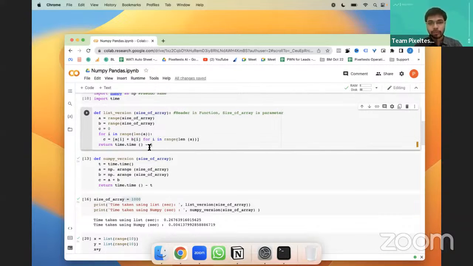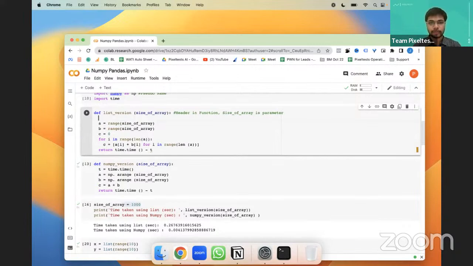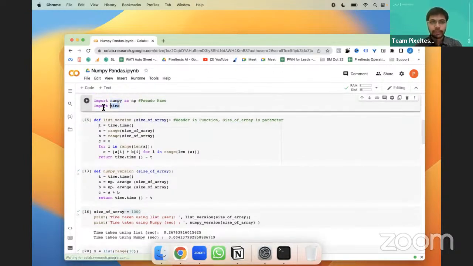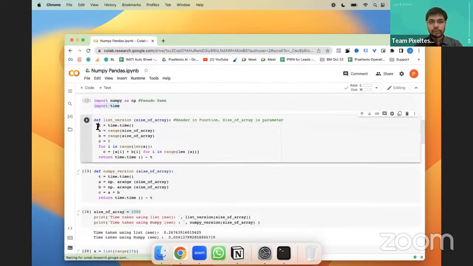Then what we are going to do is return the time it took for running that particular statement. Okay, so we created a variable called time, and we have imported the module time so that we can know what the current time is. For example, before running the program, we are saving the value of the current time in t, right?